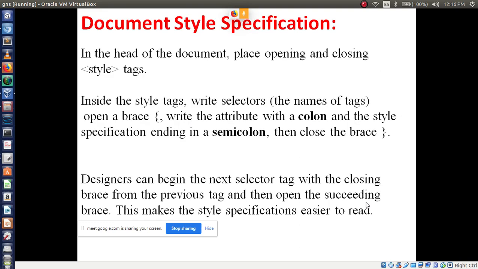What is this? Document style sheet. Yes or no? See, all of you are seeing or not seeing, I don't know what is happening there. If I ask a particular question, it is your job to respond with a particular answer. If you do like this, I will simply make slides and read them myself only.